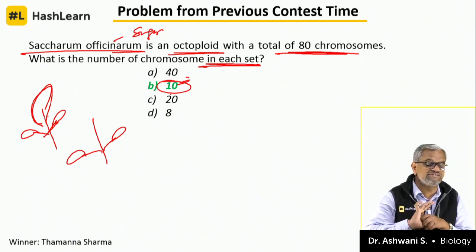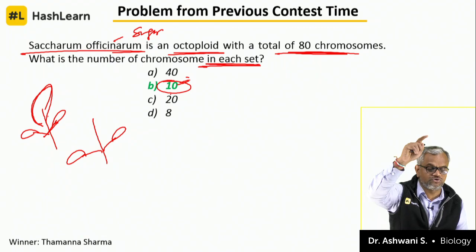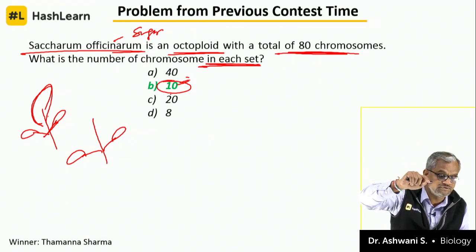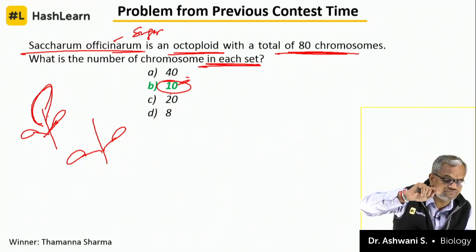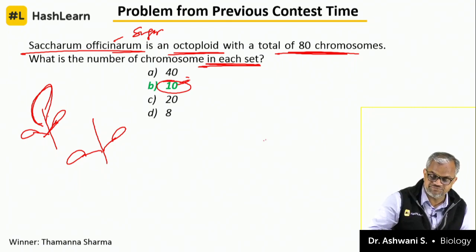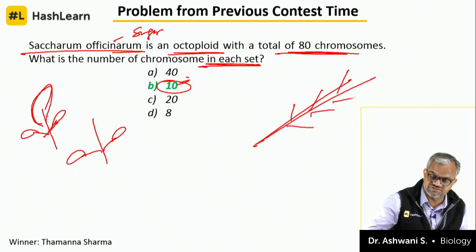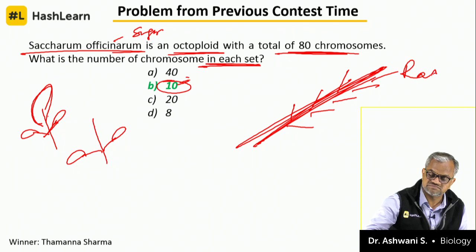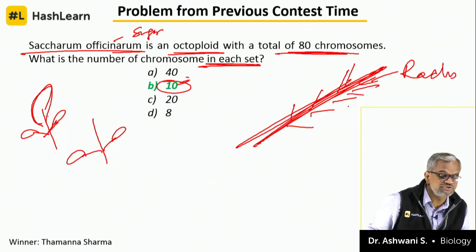Rachis is the common axis. In a compound leaf, what you call a midrib in a simple leaf. In the case of a compound leaf, this is the rachis on which leaflets are arranged. This is the central axis, called the rachis. This is the leaf. Petiole is,